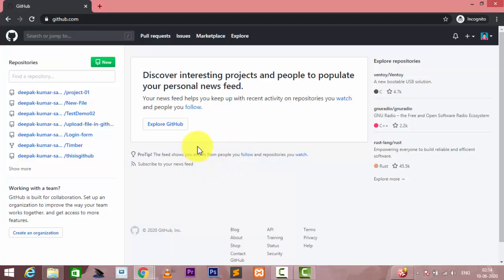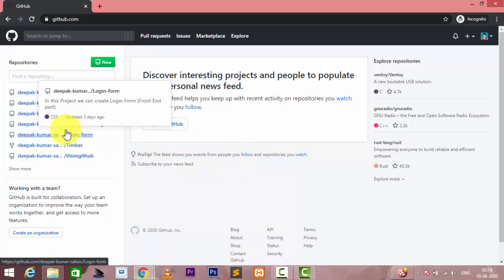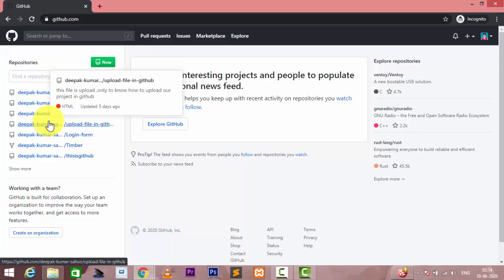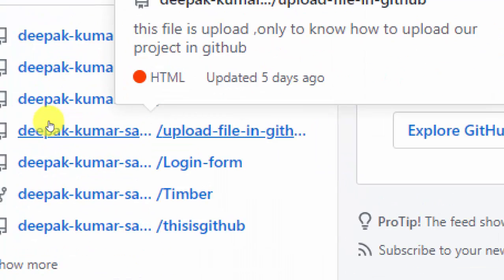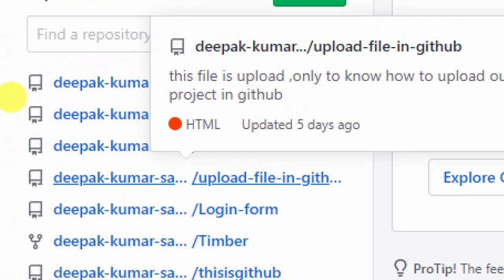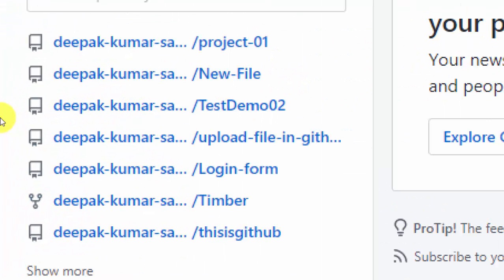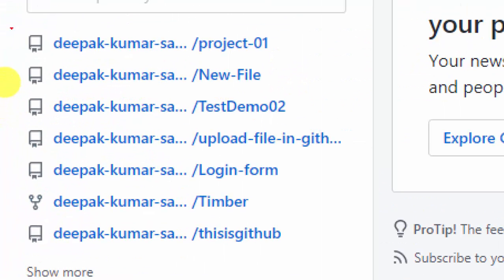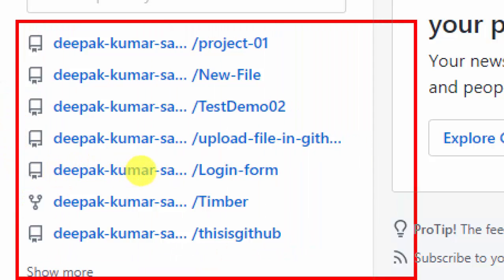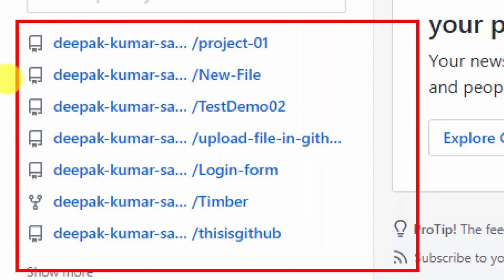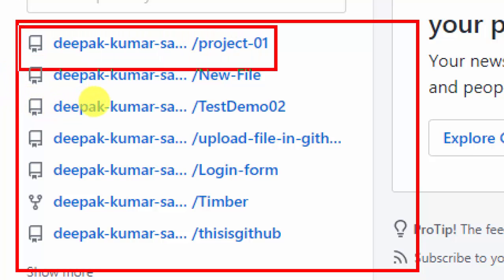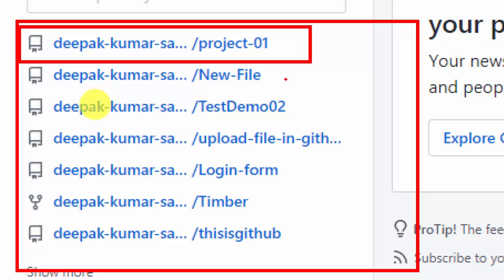After inputting my username and password, you can see the repository page. I zoom in again here. This is my entire repository, and this is the single repository.